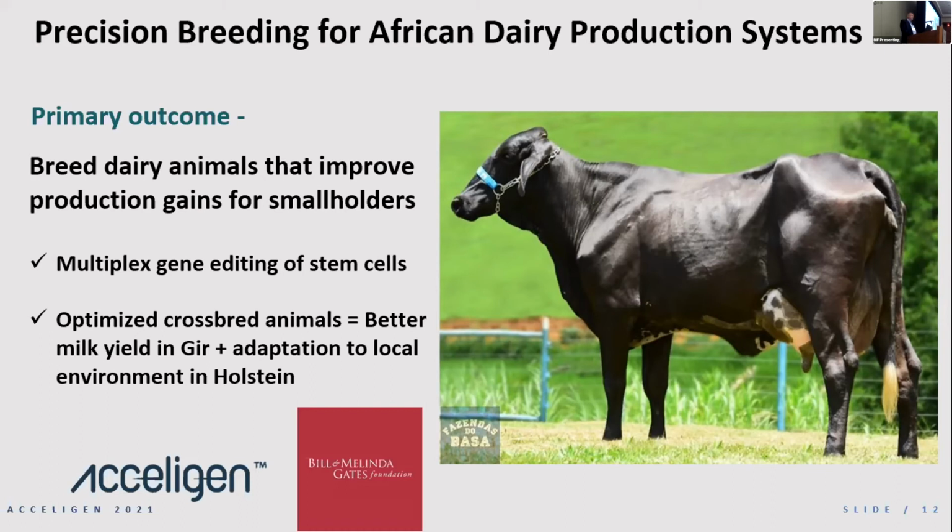What's interesting about this project is we're not just making one gene edit, we're making anywhere from 3 to 5, and we're using a different kind of cell that we've never used before, and that's an embryonic stem cell. These stay in culture longer. It allows us more time to introduce the edits. So whether we do it by multiplex or we do it one at a time and then select and re-edit again, it allows us the ability to take these out a long time in culture